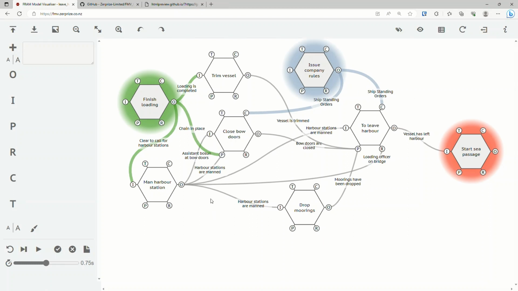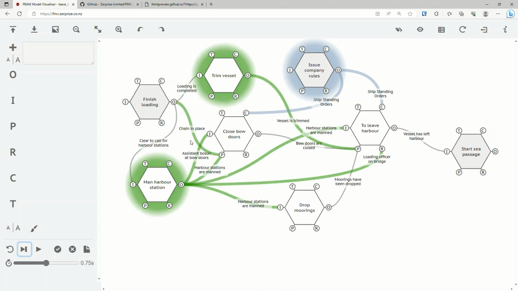So after cycle 0, if I now advance one cycle, we go to cycle 1, we can see that man harbour stations and trim vessel have activated. Now, the chain in place, which was a precondition on closed bow doors, is still present on the next cycle because it hasn't been used, as it were, by this function. So these 2 functions have produced their outputs, including a precondition that goes to closed bow doors. So now all of the aspects are present on closed bow doors, so I would expect that to activate on the next cycle,